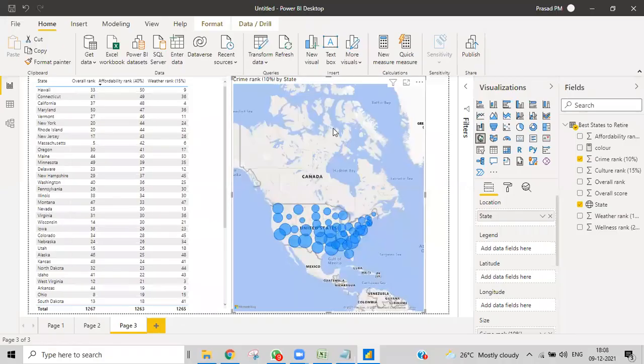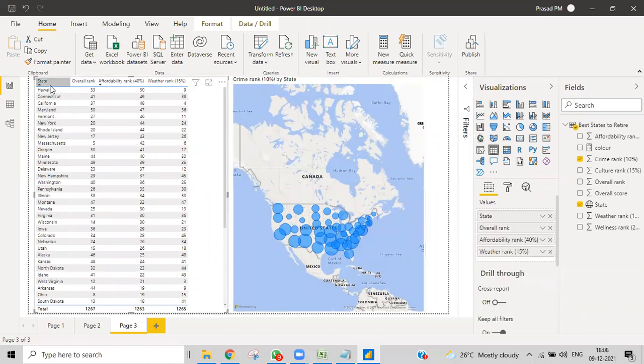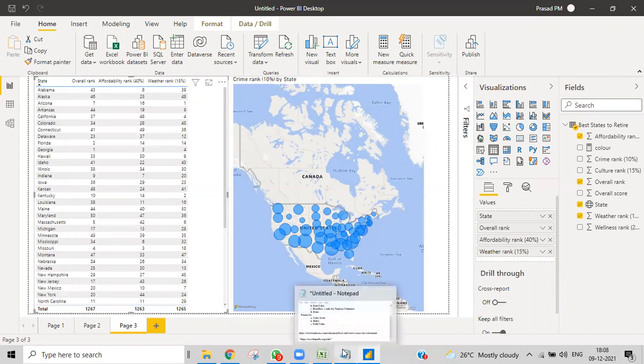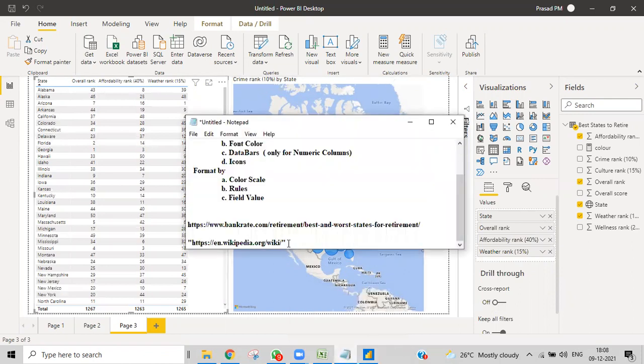So what I can do is I'll show you how to create this for every state. I want to make some URL, and if I click that, it needs to go into that. So what I've done is I just got a URL which shows the Wikipedia URL. What I can do is just add this particular state to this, and then you'll get the complete URL, and then we'll place it here.